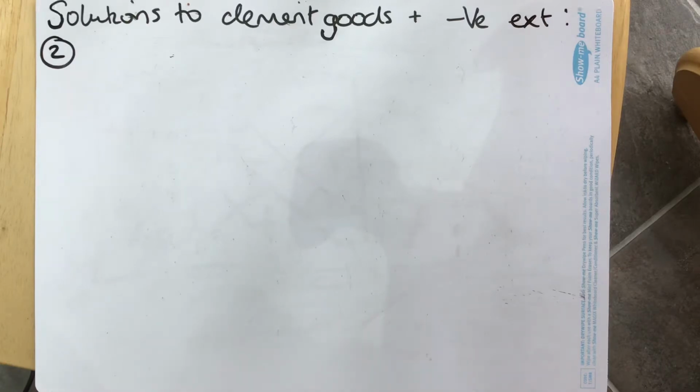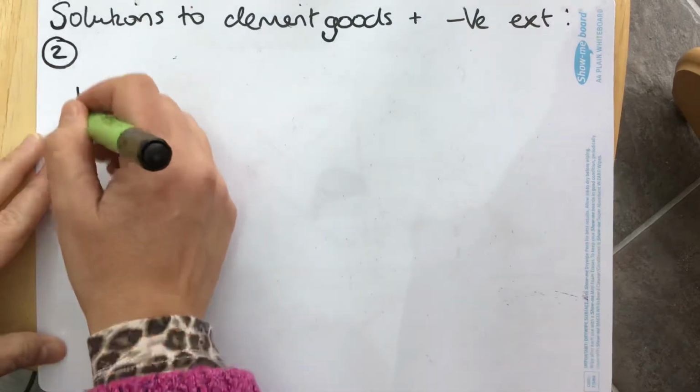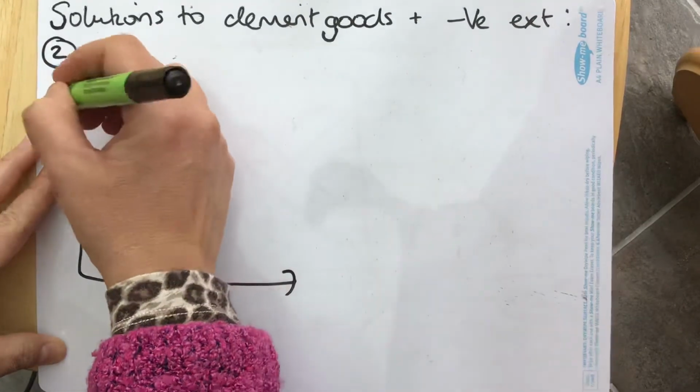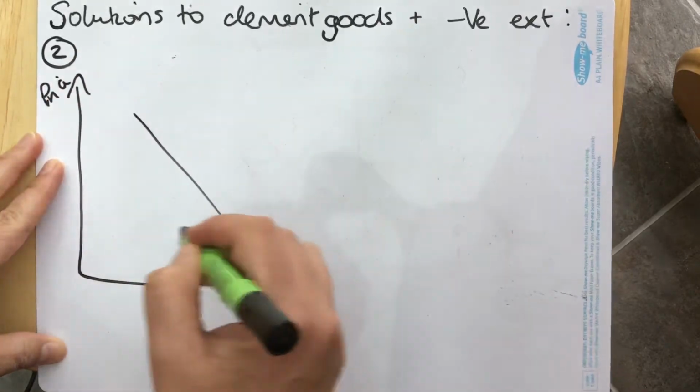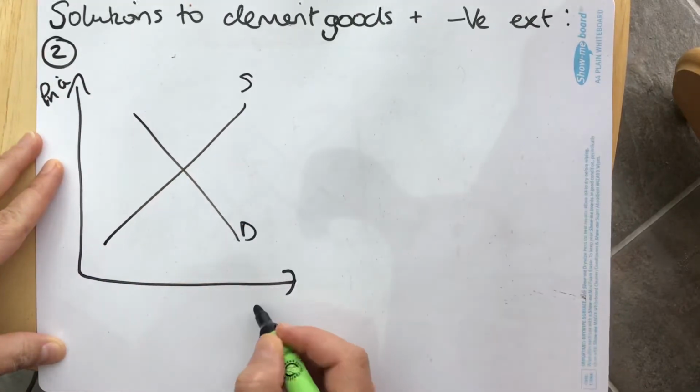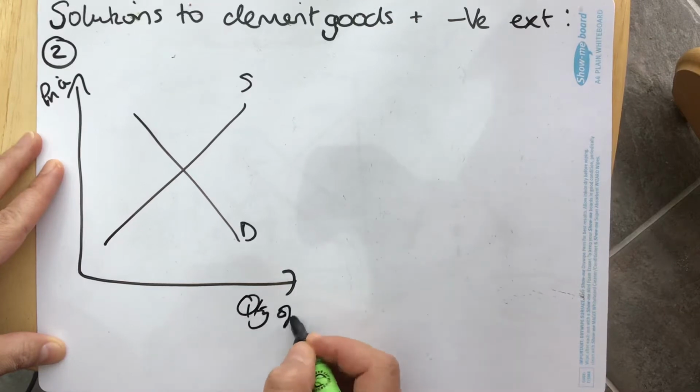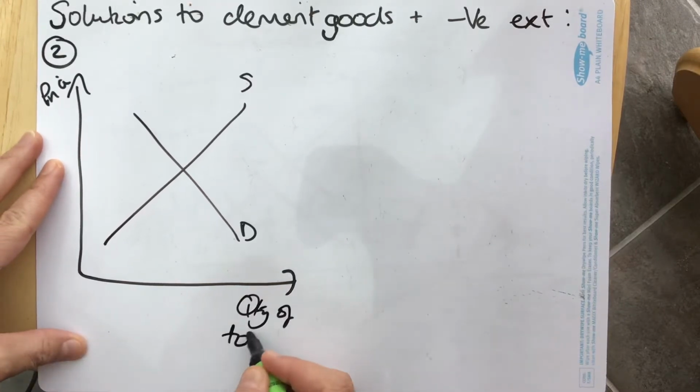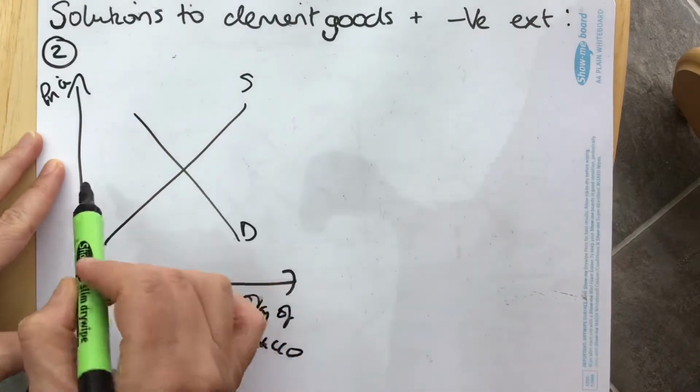And I said that you would need two diagrams to show the effects of this solution. The reason for two diagrams is because, depending on what the legislation is, the law that's put into place, the solution may affect the producer or it may affect the consumer. So if we take a look at what it would look like if we are going to affect the producer, normal market diagram. Something that might affect the producer might be a producer of tobacco, because of course